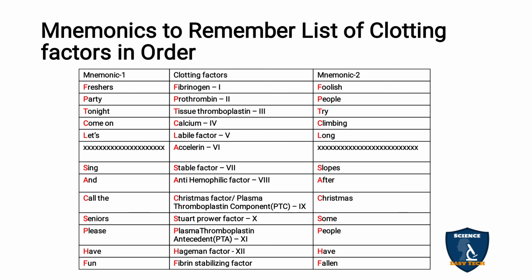See, in this table, I have given the sixth factor, that is axillarin. But this axillarin is now eliminated from the clotting factor list. That's why I have marked it with two marks. Okay, so don't get confused. Just to know the name of the factor alone I have mentioned it here, but now it has been totally eliminated from the clotting factors list. Now axillarin is not in the clotting factors list. So keep that in mind.